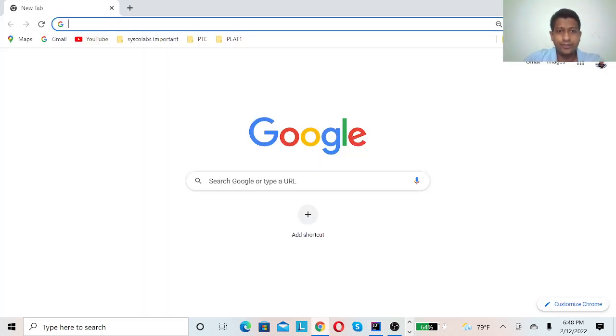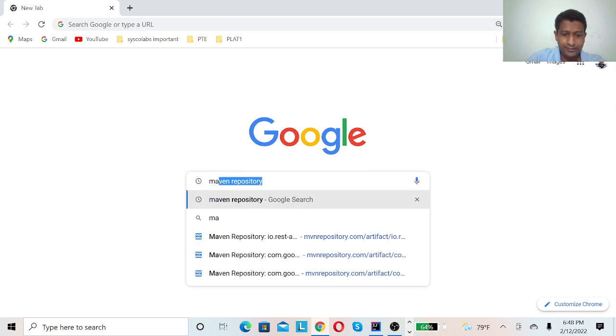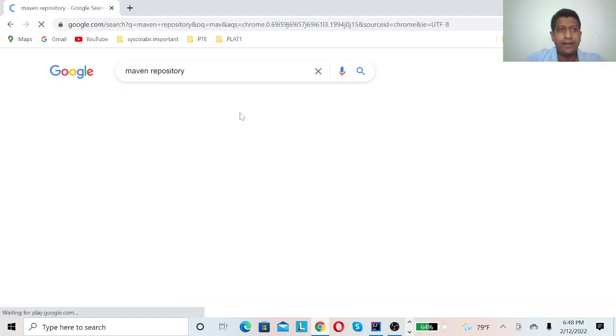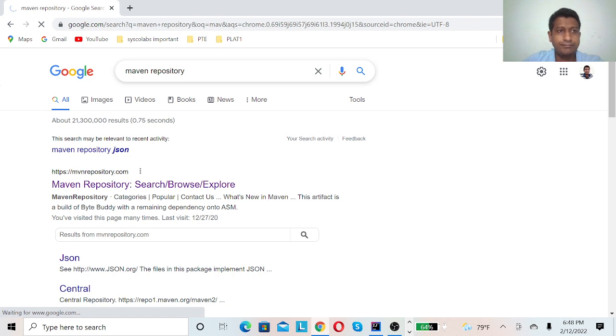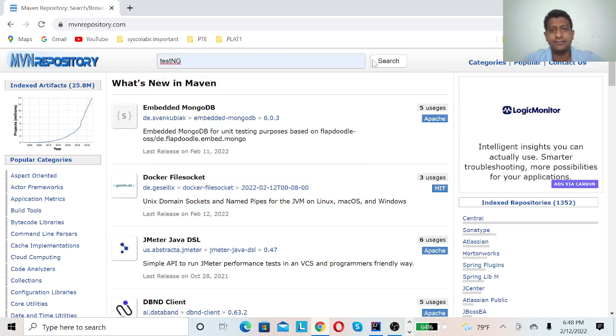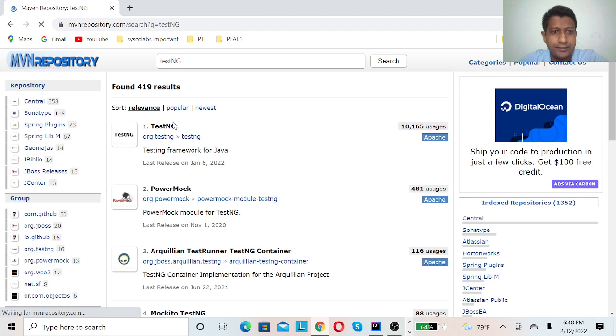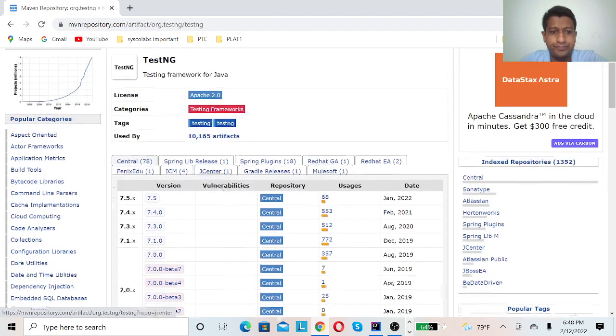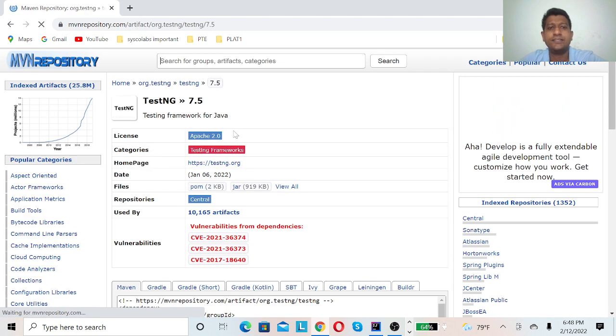I will go to Maven repository and I will get TestNG first. I will get the latest version 7.5.